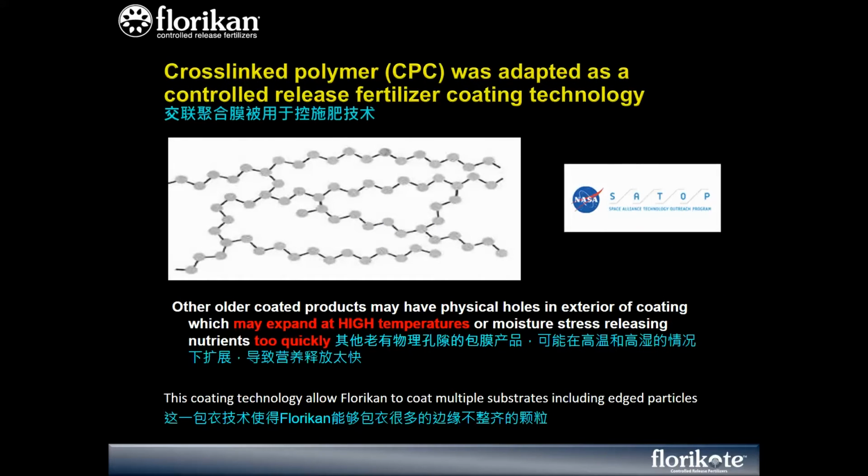This is our cross-linked polymer CPC, adapted to our controlled release of fertilizer. Again, older products may have physical holes in the exterior of the coating. These holes may expand at high temperatures or moisture stress, releasing nutrients too quickly, a peak and valley. Our coating technology allows us to coat multiple substrates, including